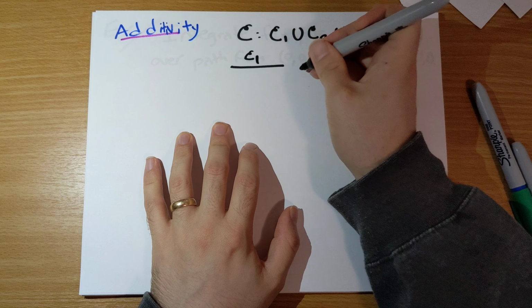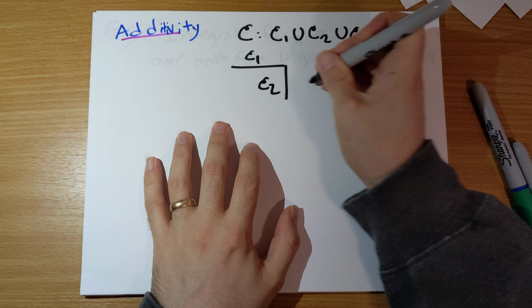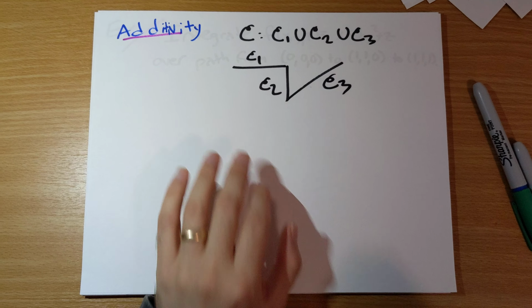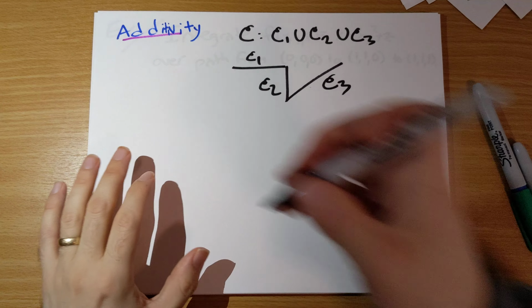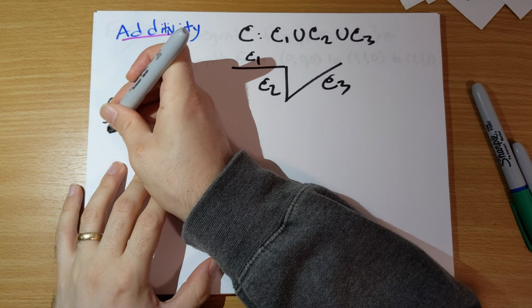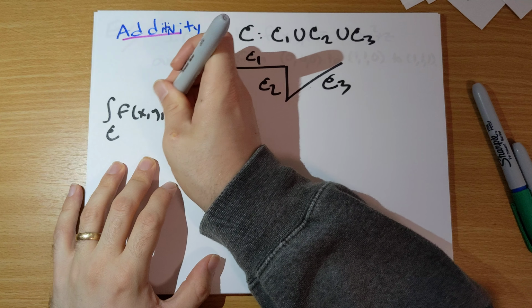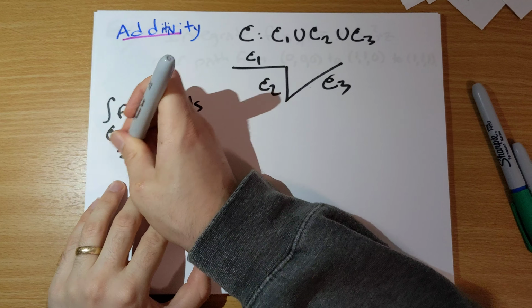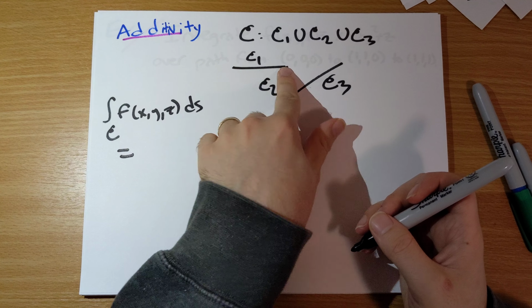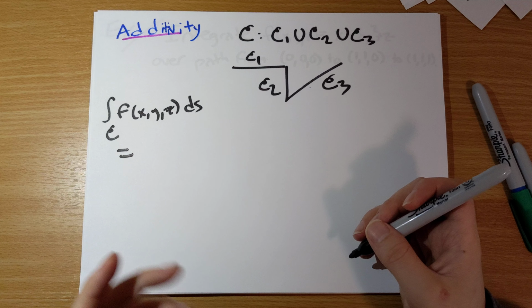So let's say that this is C1, and this is C2, and this is C3. So if we have a scalar line integral over C of f of x, y, z ds, where C is the union of these line segments here,